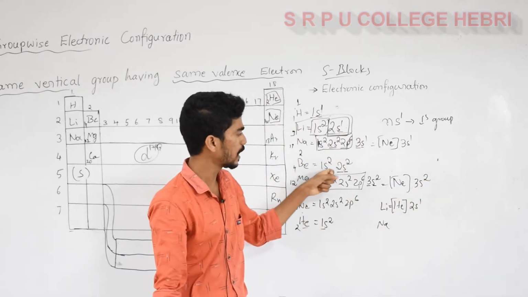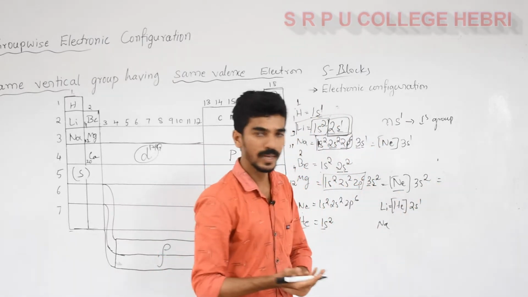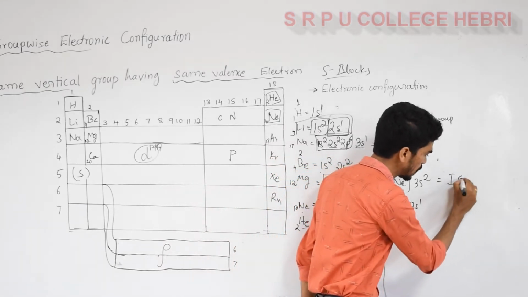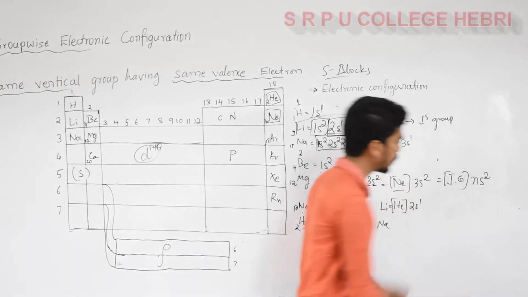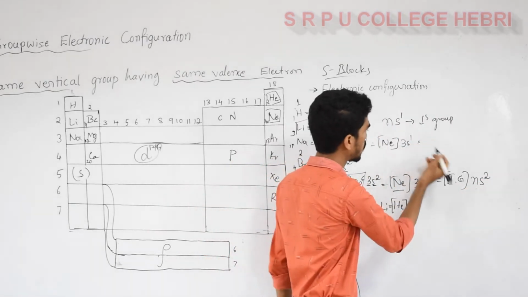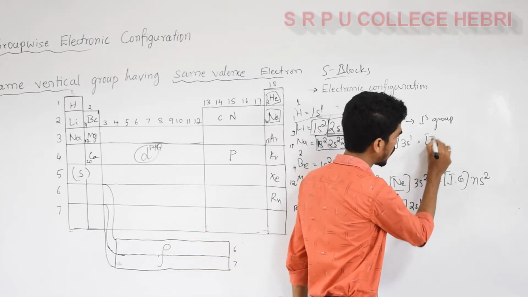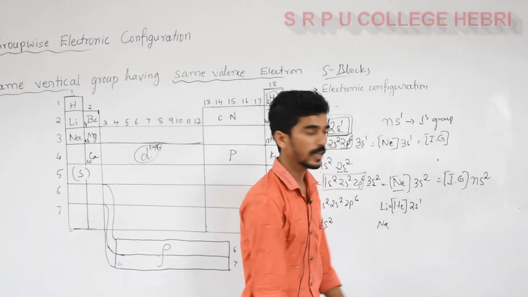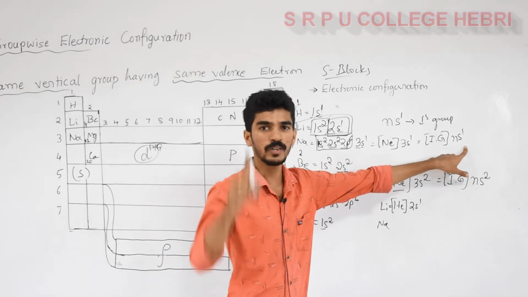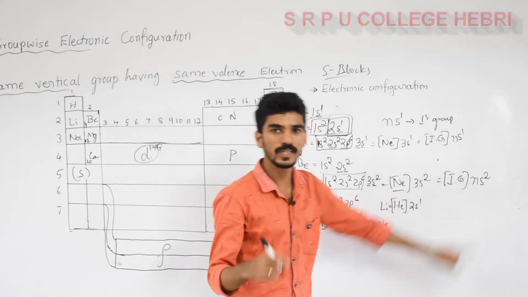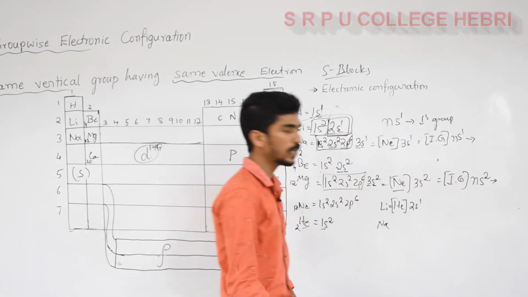For beryllium, helium 2s2. So these are nothing but noble gases or inert gases. Inert gas with electronic configuration ns2 for the second group. If you want to write the complete electronic configuration of the first group, you should write inert gas, IG refers to inert gas, with ns1. So inert gas with ns1 is the first group, inert gas with ns2 is the second group. So these two groups have particular names.